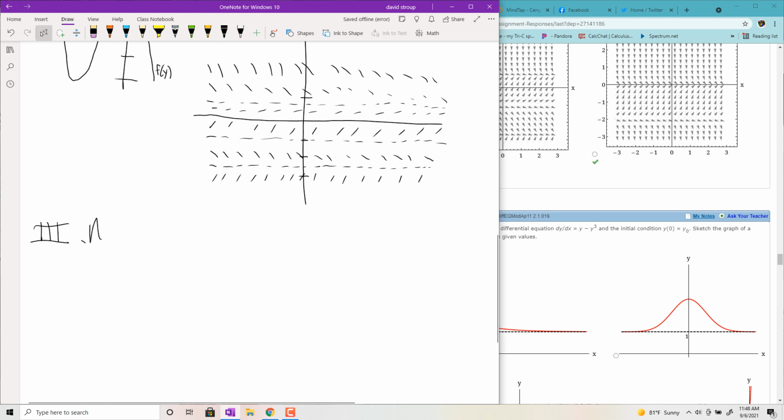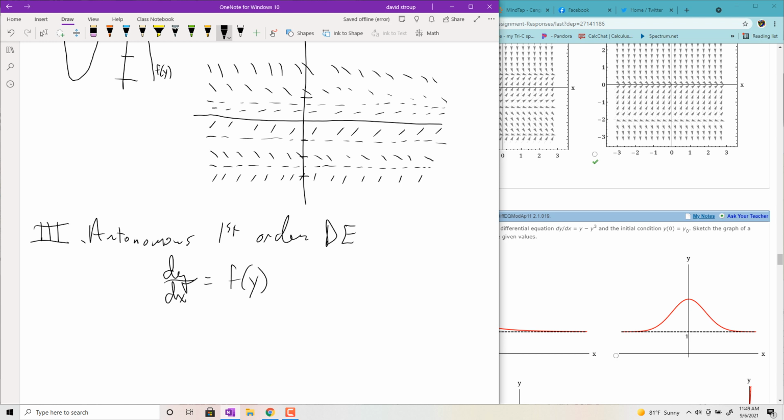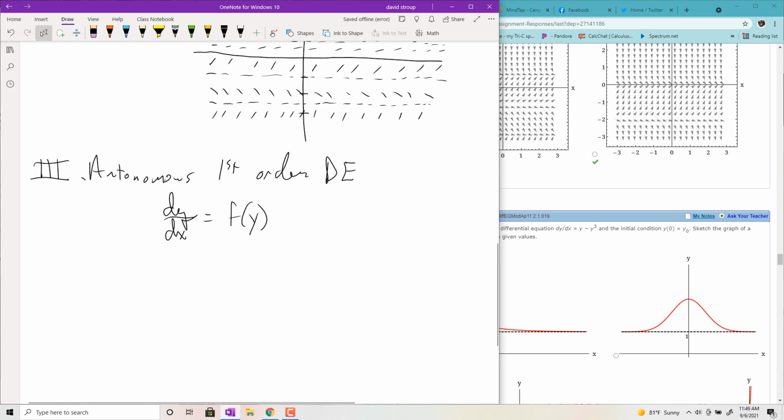Section 3, autonomous first order. Instead of writing out differential equation, we'll just put DE. Okay, so these guys are only dependent on y. Okay, and what we're going to do is create these things called phase portraits out of them. And again, it's kind of a quick hand way to analyze the behavior of the solutions without actually having to